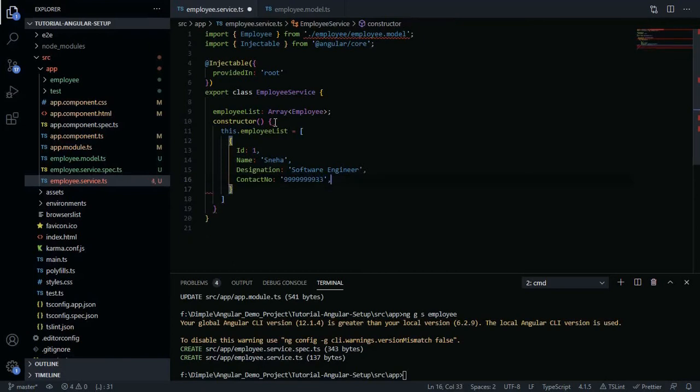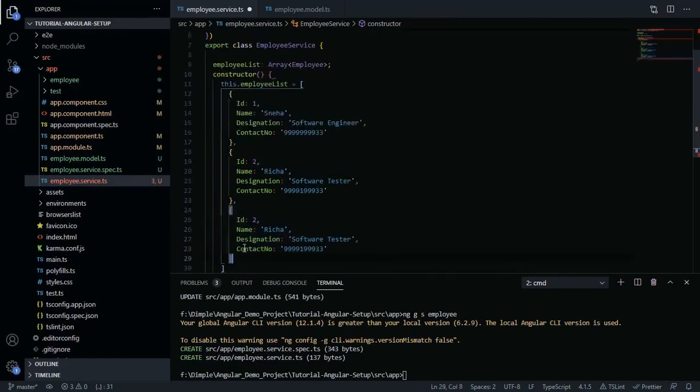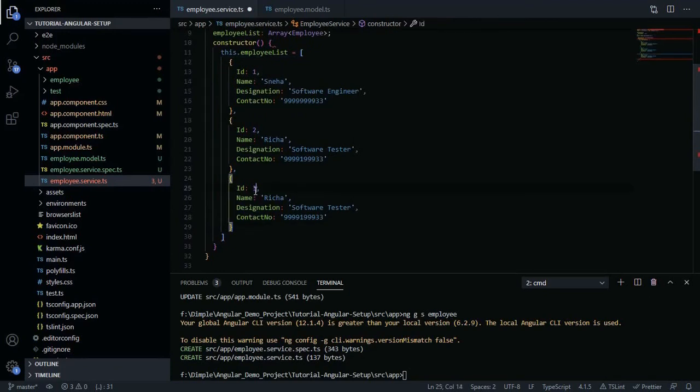Okay, similarly we'll put ID 2, then we'll say Richa, software tester, then we'll say. So now we have created a list of employees.